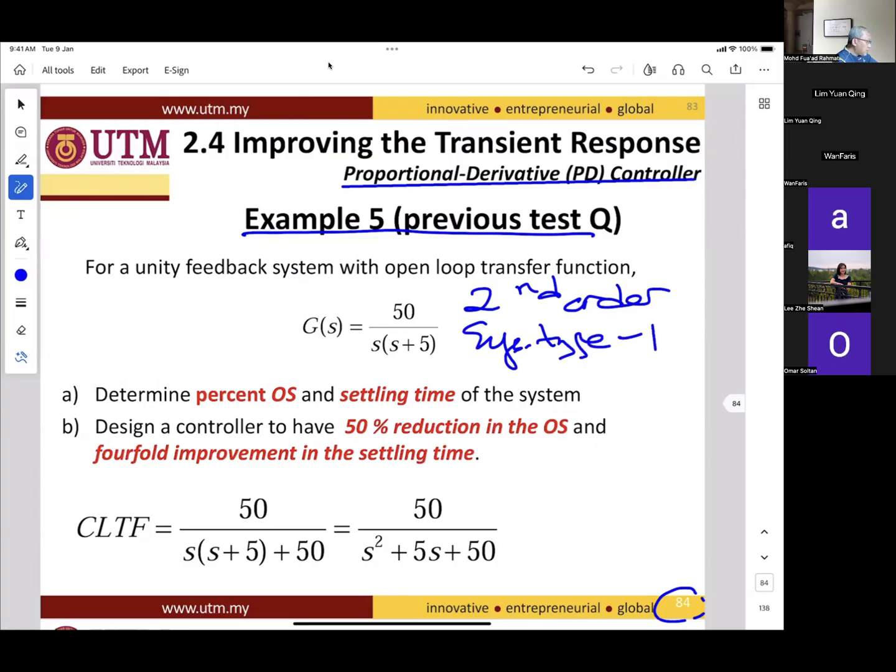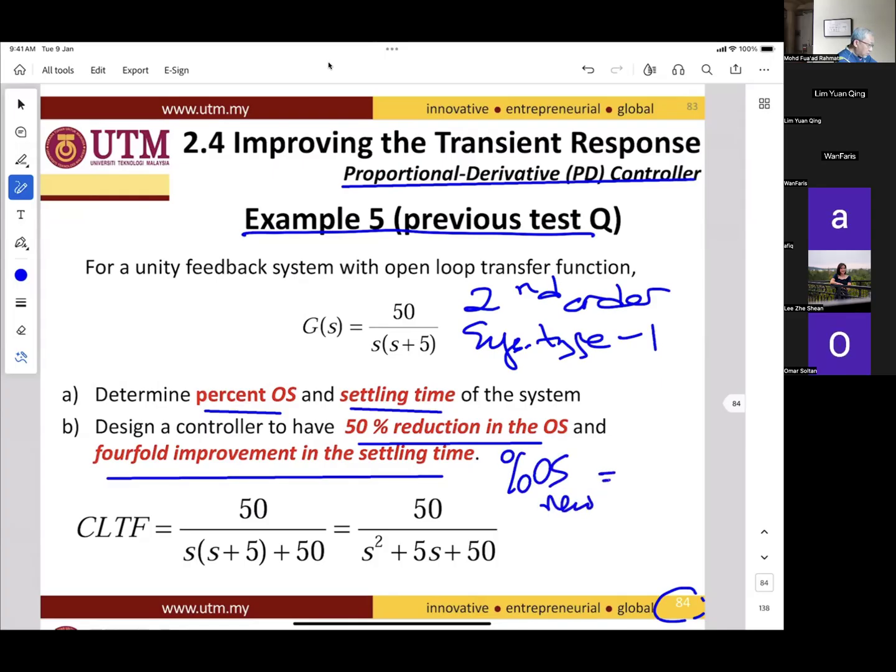Determine the overshoot percentage and settling time of the system. Then design a controller to have a 50% reduction in the OS and a 4-fold improvement in the settling time. Meaning that